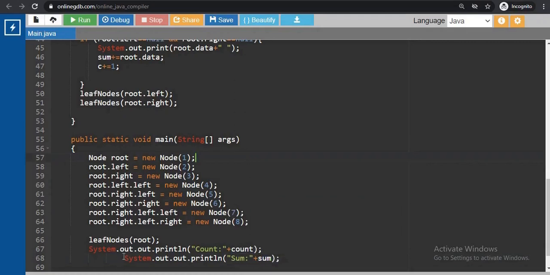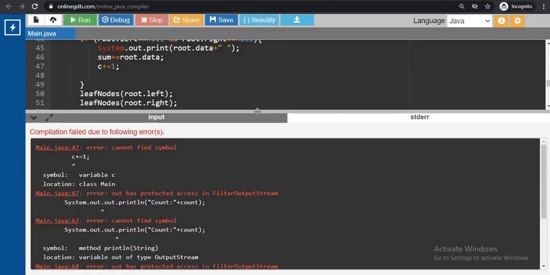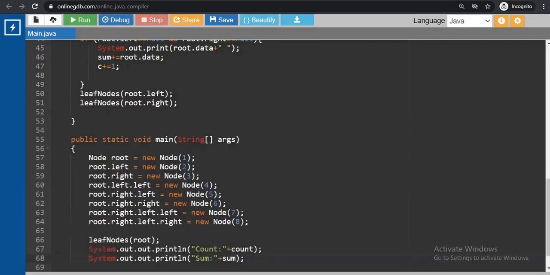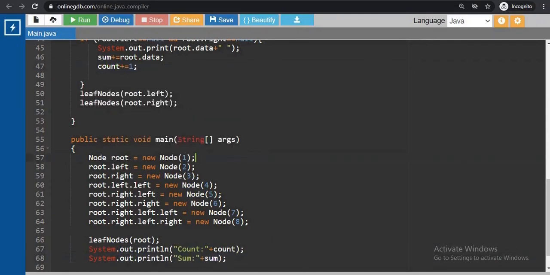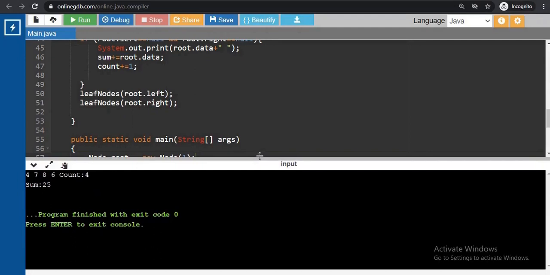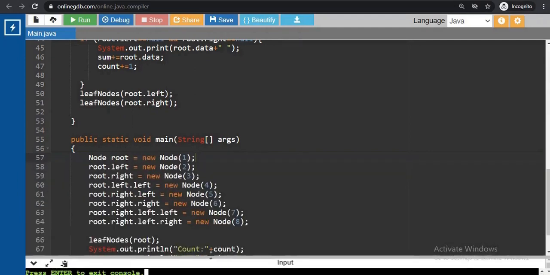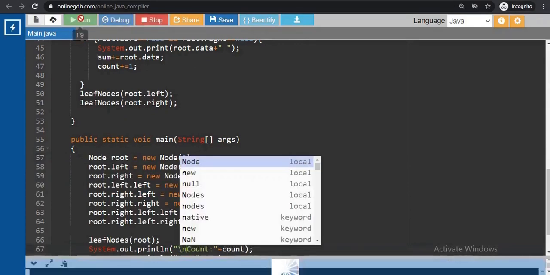Okay, so let's run this code to check the desired output against our code output, whether it is working fine or not. System, I have written this two times, just removing it. Okay, System dot out, and here it is not C, this is the count variable. So let's run this code again. Okay, so our function is achieved. Wait, I have to mention newline over here, right? So again run this code.